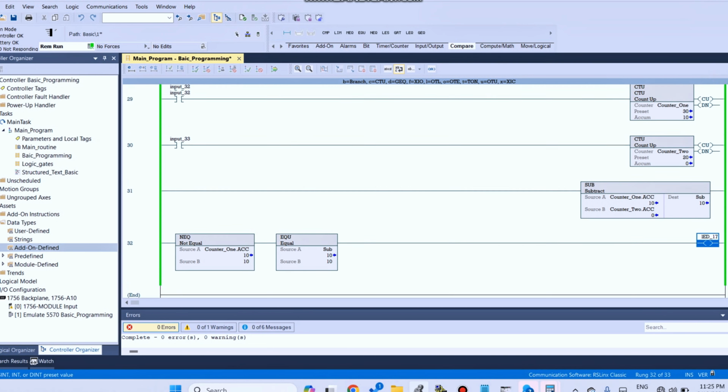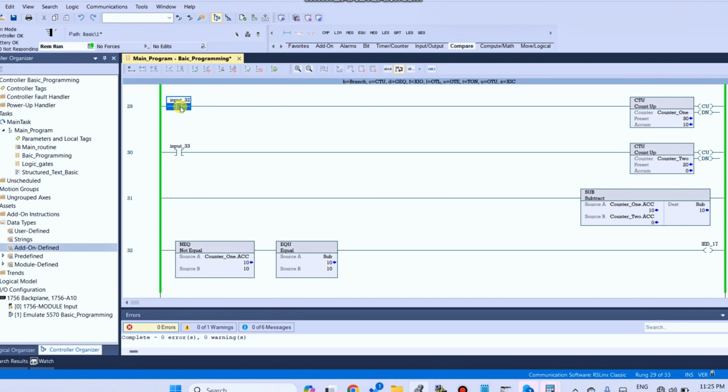But if counter 1 value increases from 10 to 11, 12, 13 up to 30, and counter 2 values go 1, 2, 3 up to 20.